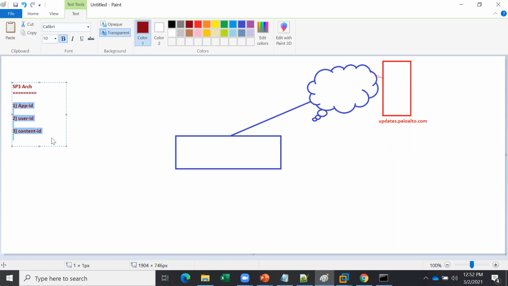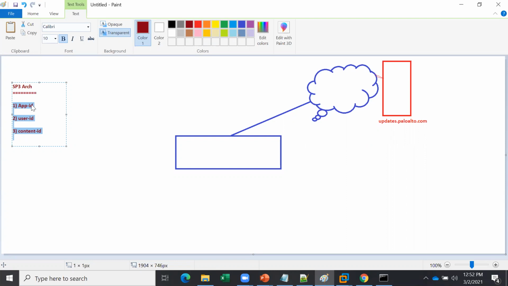Even every firewall does the same thing. Even if you go with any vendor of the firewall, they do the same thing. But the unique things of the Palo Alto firewall are App-ID, application ID, User-ID, and Content-ID.